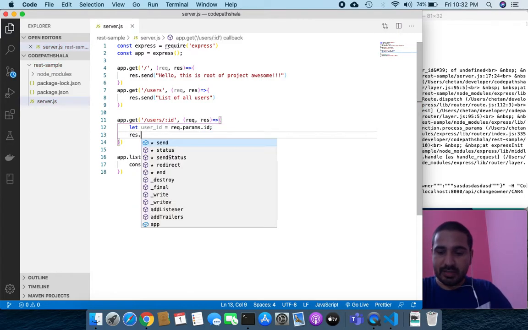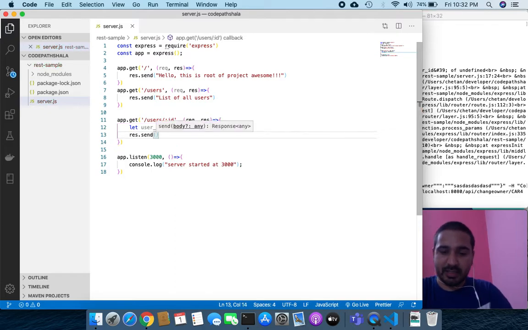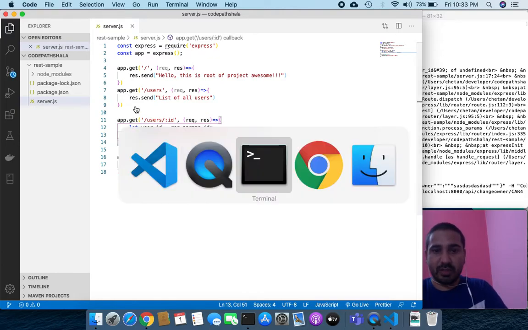So let's respond it like this and fetch the user with ID. And in real coding, when we are going to get it, we just need to replace this with a query. This is how this is going to work.